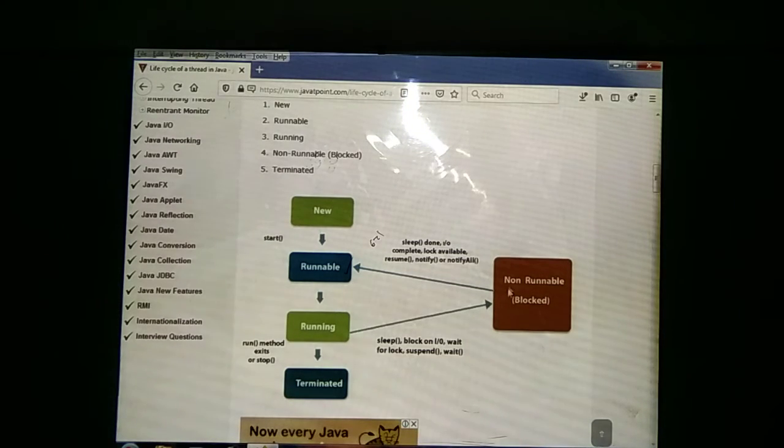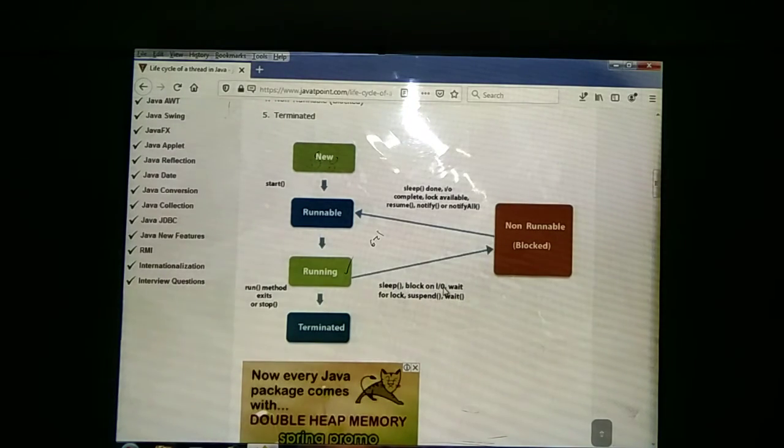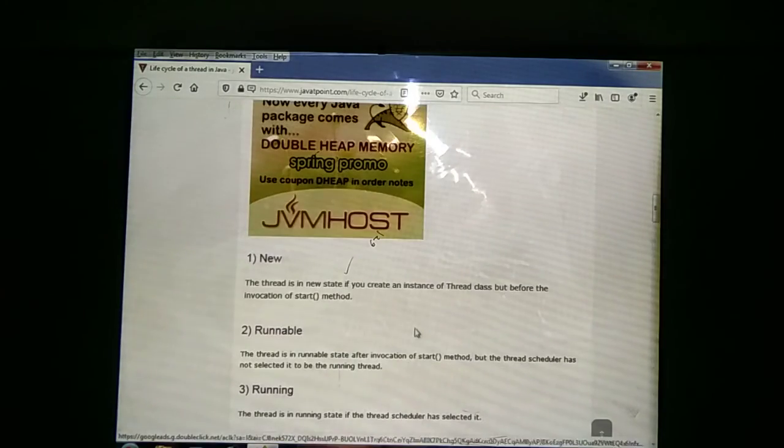In between, we use the non-runnable state. Depending on some conditions, we move to a particular blocked state. The sleep method puts the thread in the non-runnable state, and we can lock the thread. Again we use the resume method, notify method and notifyAll method. With sleep, we specify a particular time in milliseconds, within which it should be resumed, or we get a notification from the blocked thread. We also use the block method and the input output wait method. We can see one by one which methods we use.